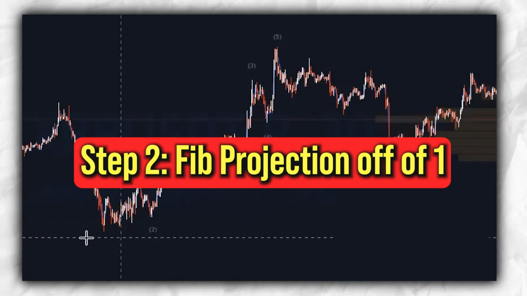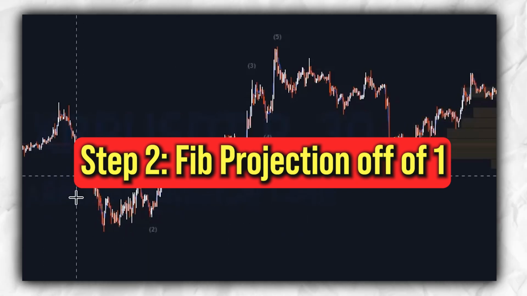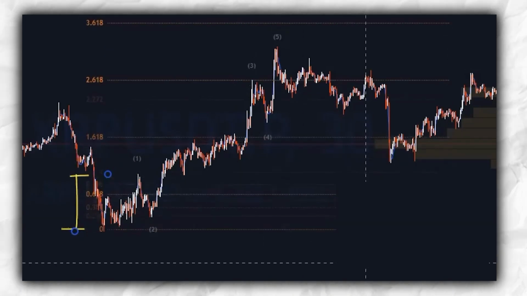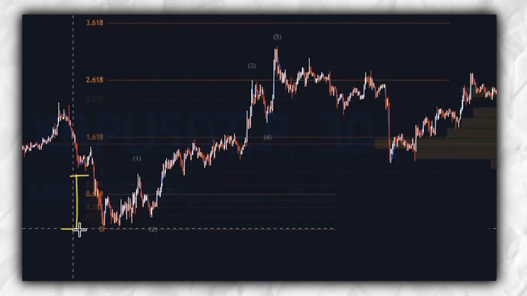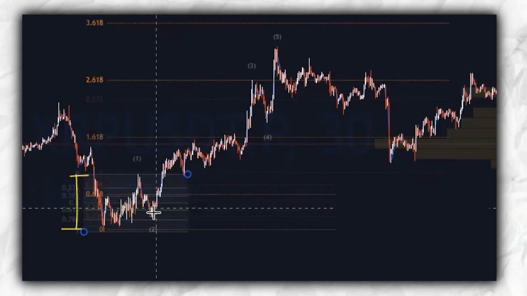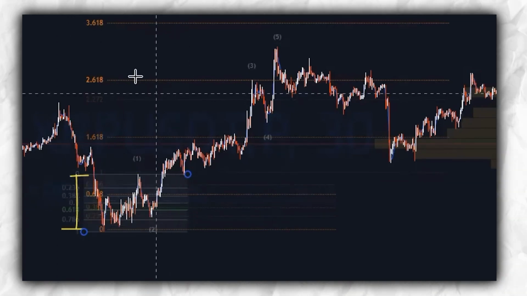We can try to locate the top of the 5th wave by using a Fibonacci projection off of our 1 wave. To do this, we can click on the level where the price action has consolidated along with our 1 value and find our factor of 1. If the price action falls below the 61.8% retracement level after we take a Fibonacci retracement off of this level and go up to the high of 1, we will want to target the